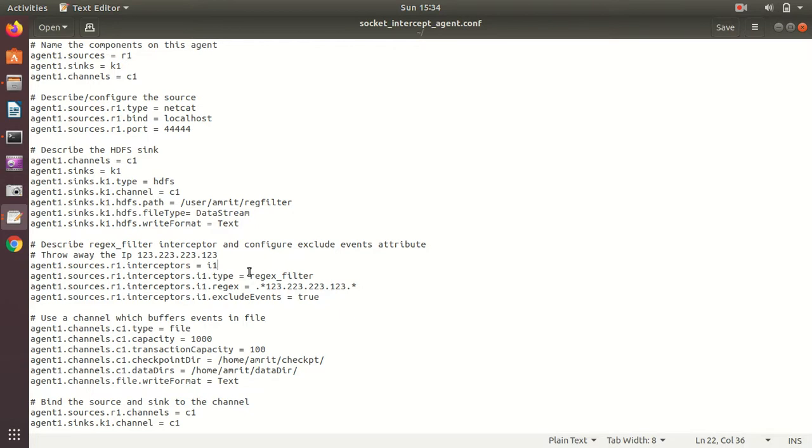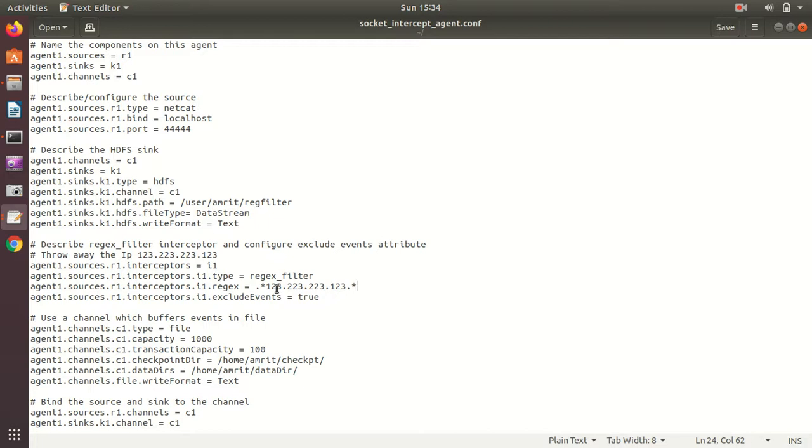Similarly, in this case, my regex is this one, because I have to select that IP address which is coming in my web log or server log, and I have to exclude it. That's the reason I'm using dot star, as a prefix or suffix.